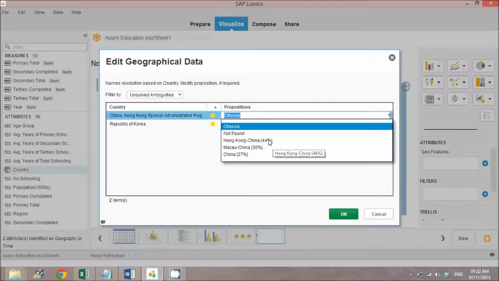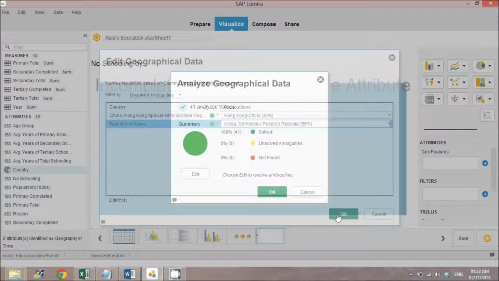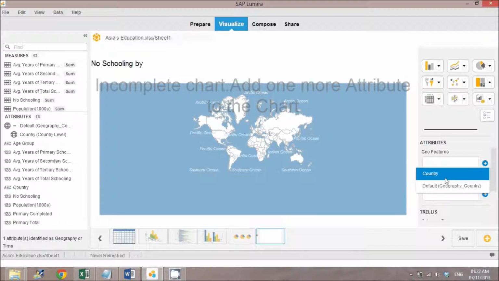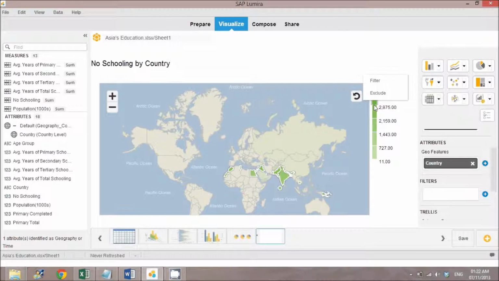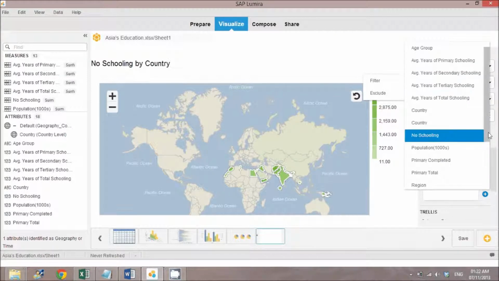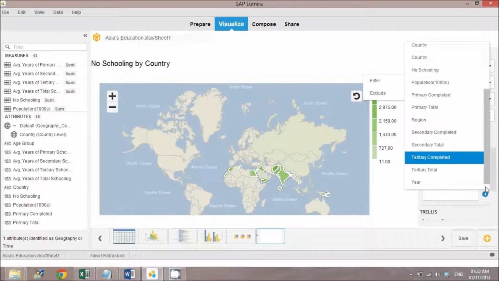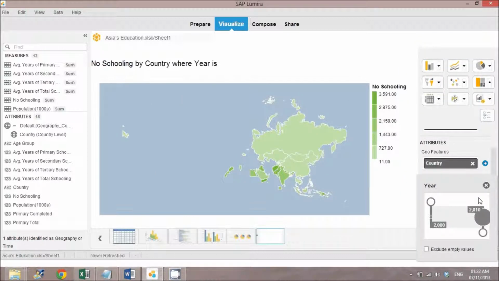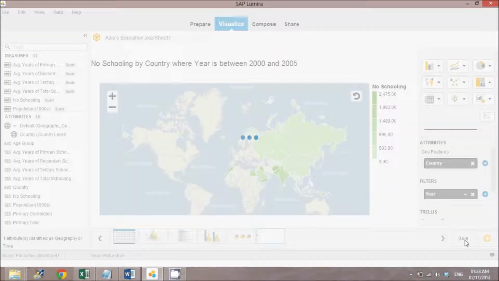Choose the appropriate value. Now select the country and your chart is prepared. It shows no schooling by specific country. You can always add a filter. For example, here the filter is year. Save the process.